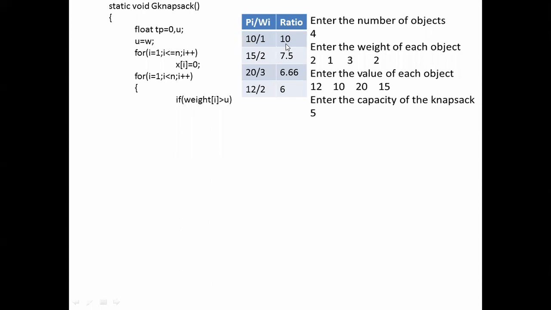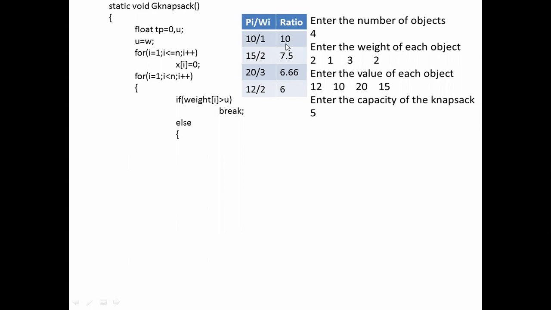So if weight of I is greater than U, that means, U is the remaining capacity of the knapsack, so you cannot put that particular item into the knapsack, so skip that, call break. So come out of the loop. If weight of I is greater than the remaining capacity of the knapsack, then call break.